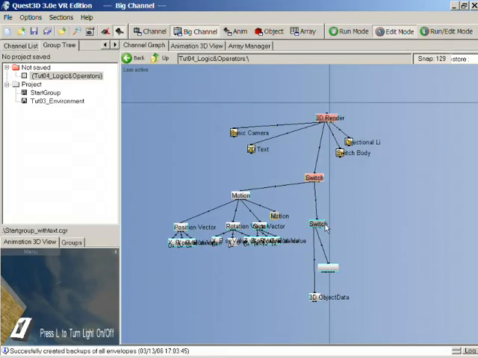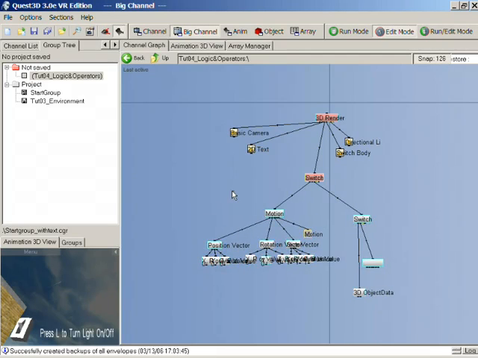Folder, and the switch itself we'll be looking at next. So the next thing to do with the switch is to get the value from the environment channel group, which tells us whether the light is on or off. We want that value to be accessible from here so that we can use it to change the rotation of